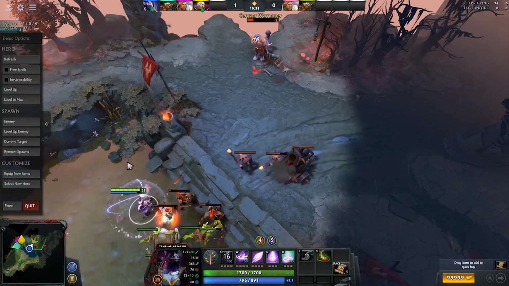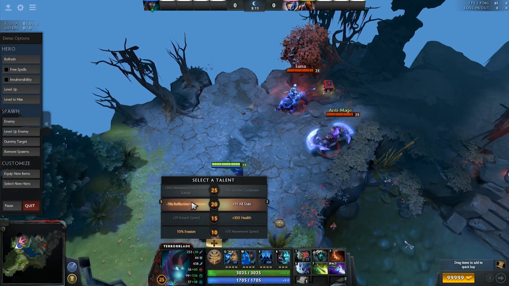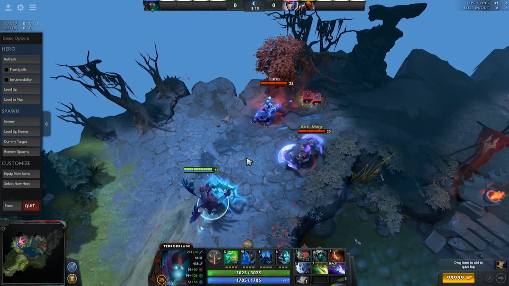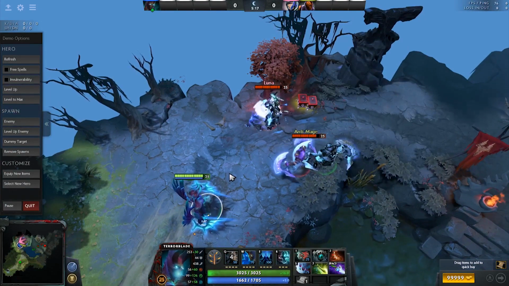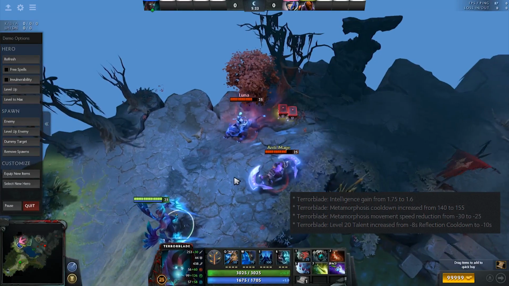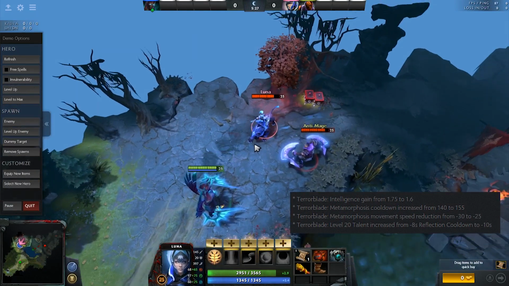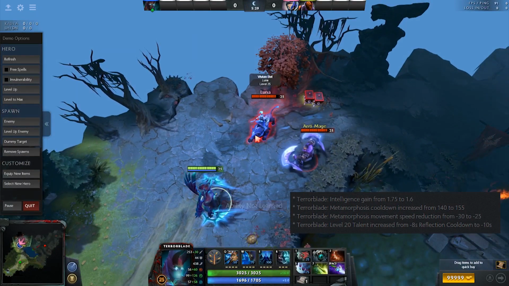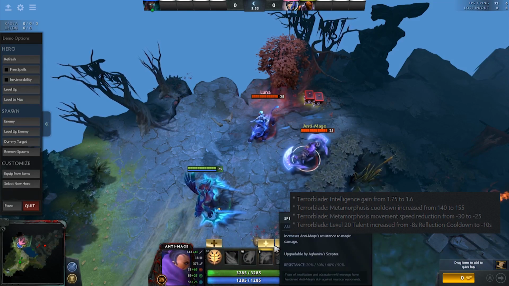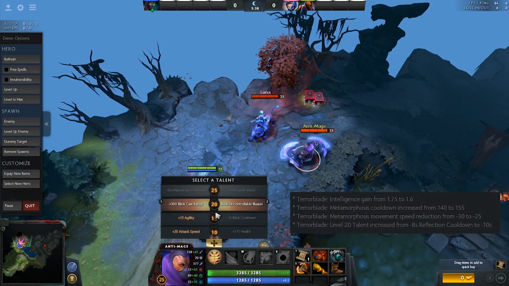Now Terrorblade. Remember when I said Terrorblade Reflection cooldown talent tree is so OP? They buffed it even more. So let's look at his changes. They nerfed the intelligence gain from 1.75 to 1.6, which is not that big of a deal. They nerfed his Metamorphosis cooldown from 140 seconds to 155, which is a lot to be honest, because that will affect the pick rate of the hero in the pro scene, but it will stay the same to be honest